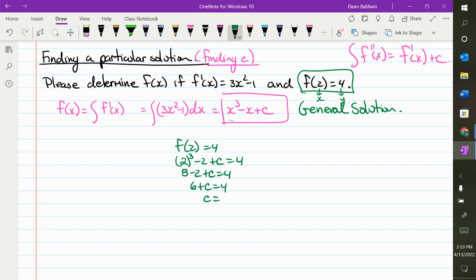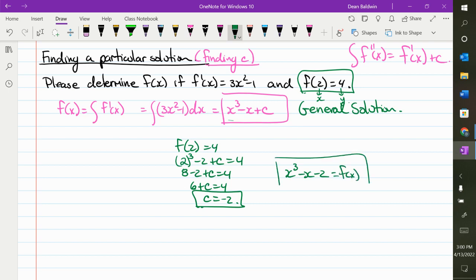So c is equal to -2. So my particular solution is x cubed minus x minus 2